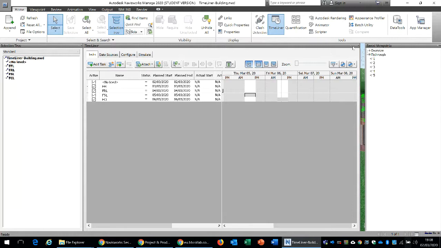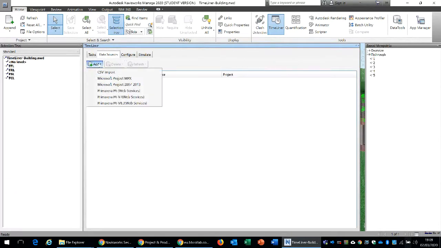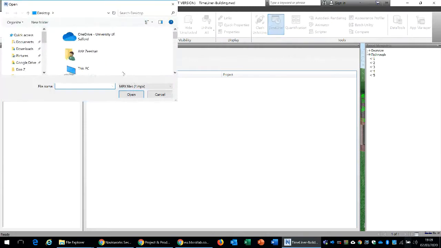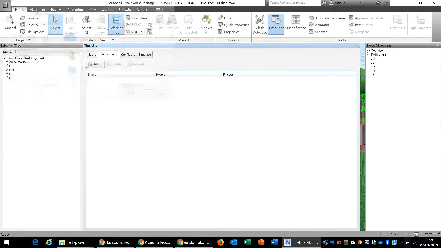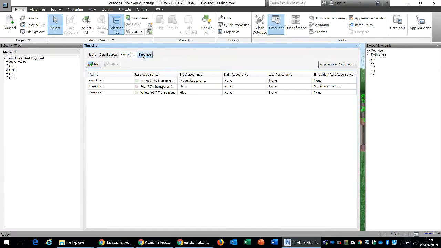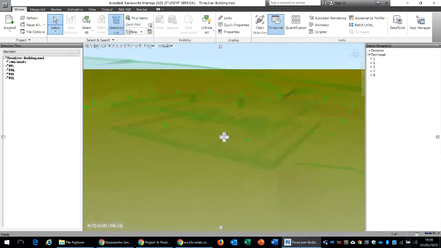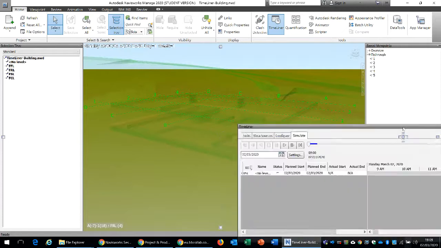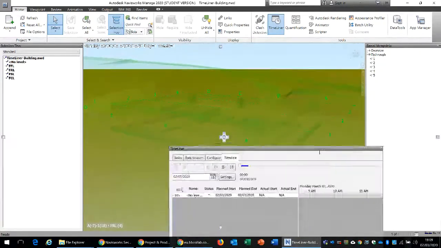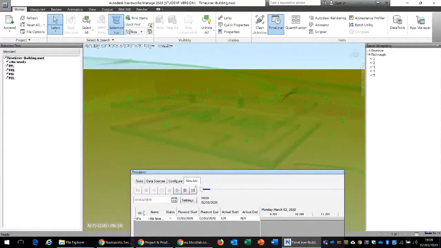And the other way is you could possibly have a Microsoft Project file. So you would bring the data from an external file. If I prompt a Microsoft Project file, it would prompt me to import the data from an external source. Once we have this information, the next thing will be to maybe run a simulation, right? So here we could